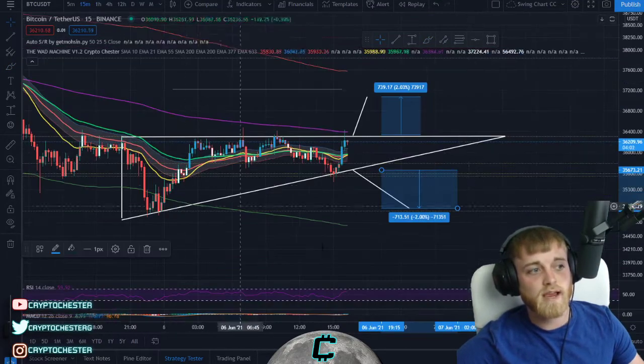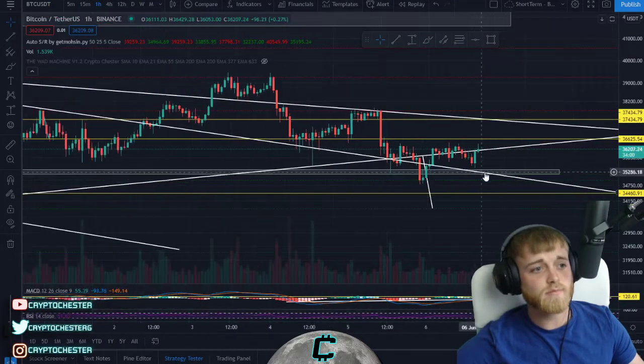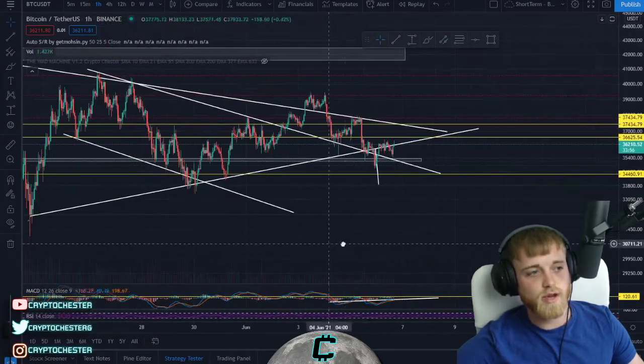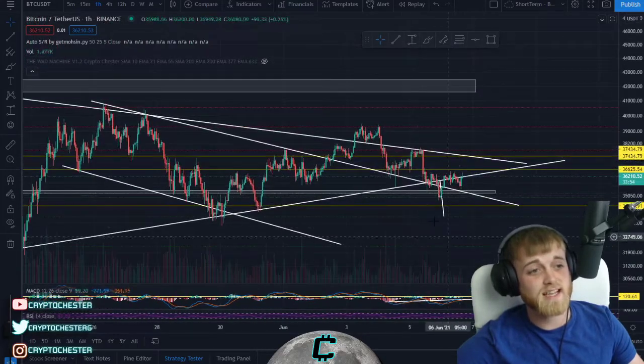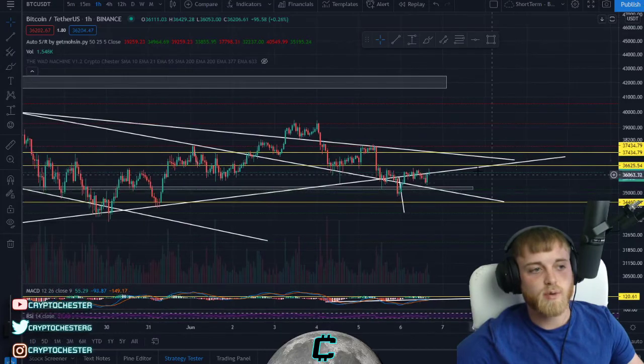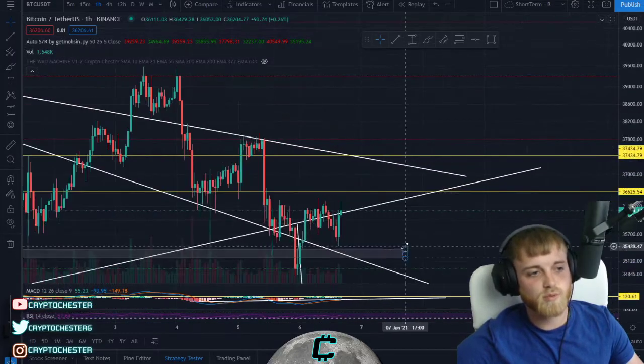One, because we can make a nice little trade on the short term here. And two, we are going to be reclaiming this giant symmetrical triangle coming through here, which is good news indeed, because it basically means we could have potential to have that progression to the upside from there, right? Key points to watch out for right now.